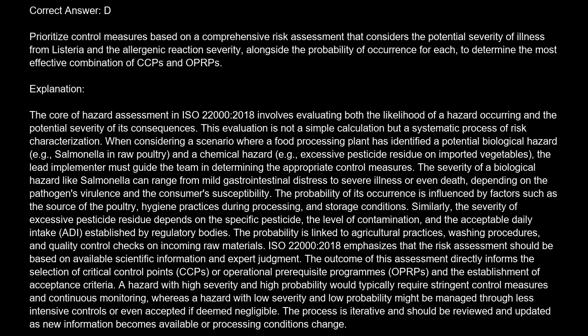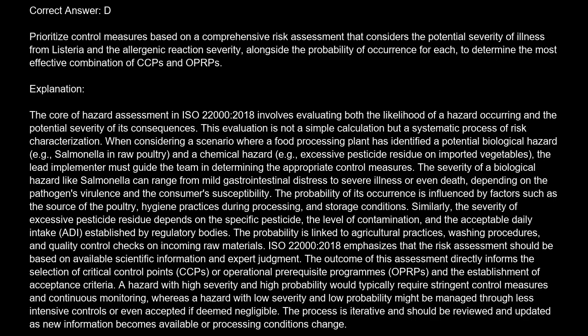Explanation: the core of hazard assessment in ISO 22000-2018 involves evaluating both the likelihood of a hazard occurring and the potential severity of its consequences. This evaluation is not a simple calculation, but a systematic process of risk characterization. When considering a scenario where a food processing plant has identified a potential biological hazard, e.g., salmonella in raw poultry, and a chemical hazard, e.g., excessive pesticide residue on imported vegetables, the lead implementer must guide the team in determining